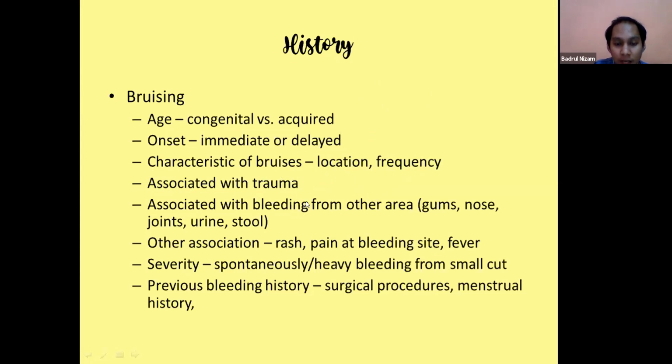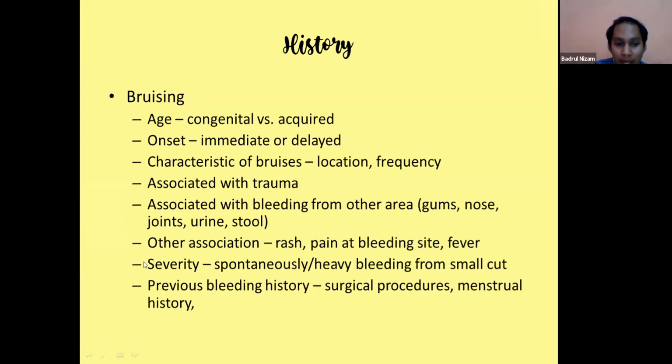Then any associated bleeding from other areas, such as mucocutaneous bleeding from the gum, nosebleeds, or any deep bleeding such as bleeding in the joint or muscle, which could indicate the coagulation pathway, compared to mucocutaneous bleeding, which is more indicative of platelet disorder. Then we need to ask about any other associations such as rash, symptoms, fever, which could indicate the patient had a previous infection that caused thrombocytopenia, or pain at the bleeding site, such as in hemarthrosis,